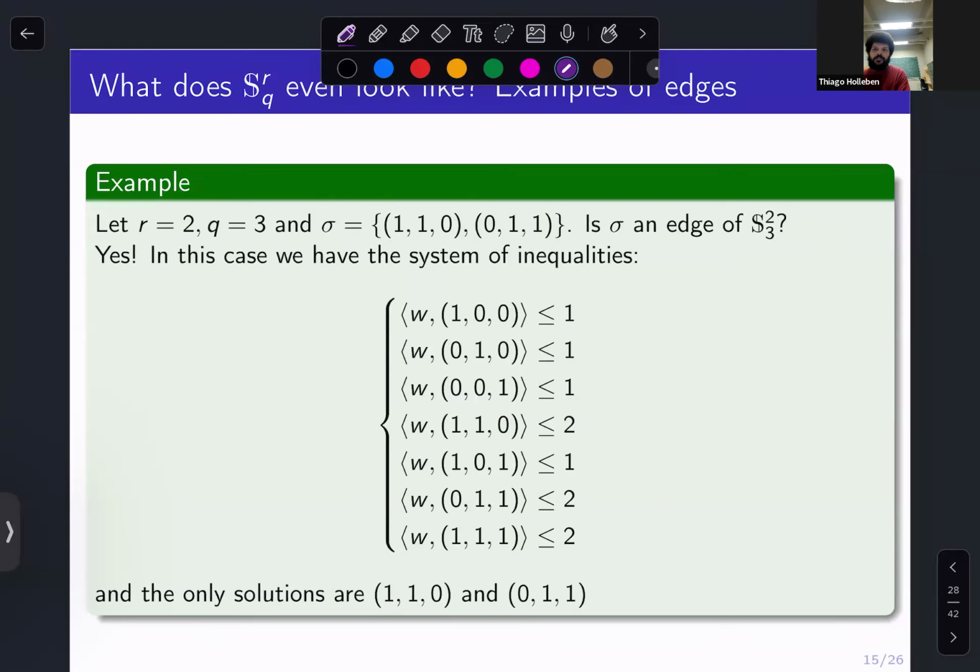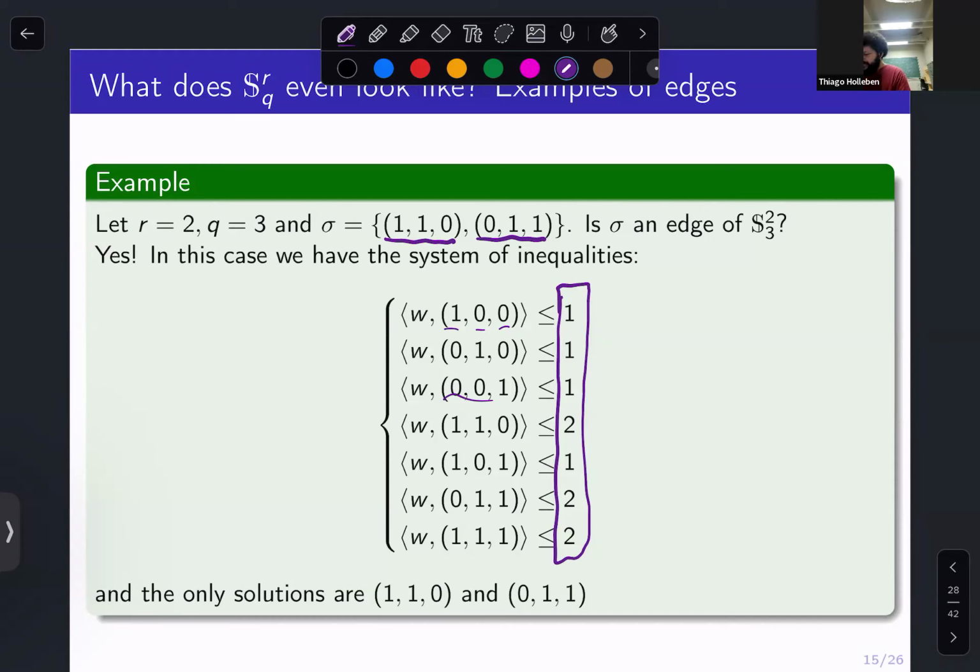So these are all the inequalities that we have. When you take the dot product with the vector 1, 0, 0, you get 1, and with 0, 1, 0, you also get 1. So on this side, just to remind you, we have the max of the dot products with these two vectors, right? So when you take the dot product of 1, 0, 0 with these two vectors, the max is 1. When you take this one, 0, 0, 1, the max will be 1 because of the second vector. And for some entries, you get 2. For most of them, you get 1s.